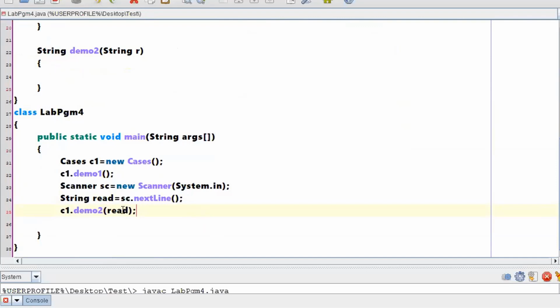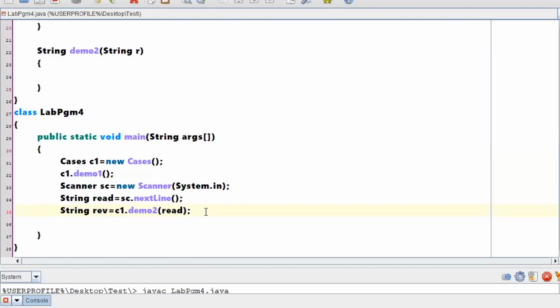String. That means if you are passing this particular read to this particular method, in return it will be giving you some string. As it is giving me some string, let me equate this particular value to something called read. I just wrote an overview. I didn't implement anything with respect to reversing a string. Not done anything with respect to that.